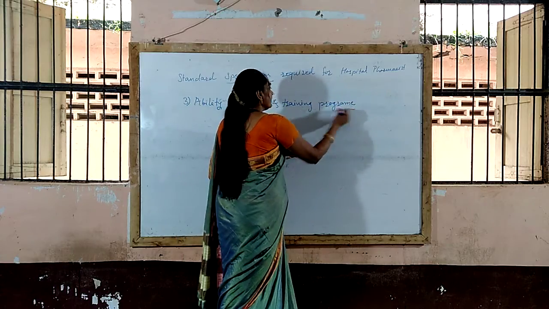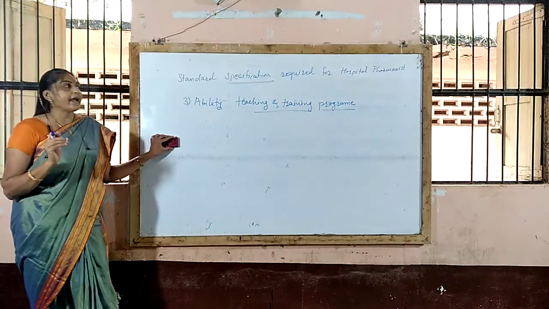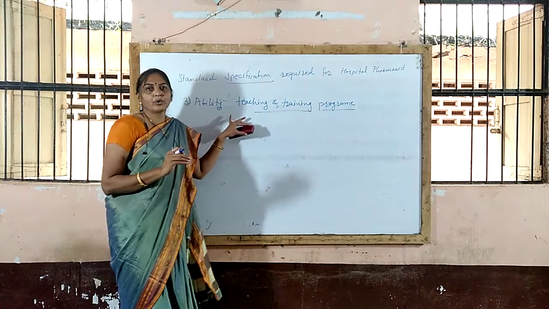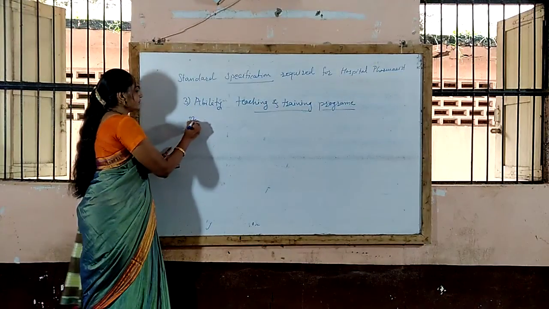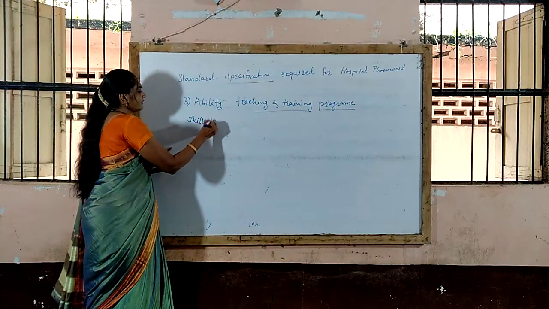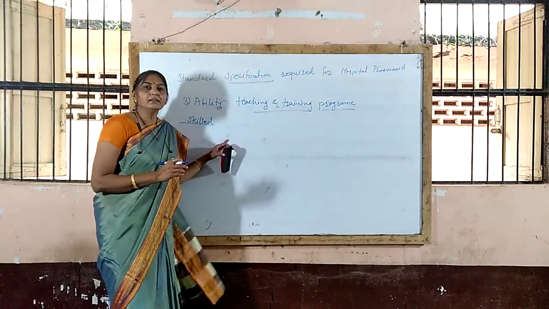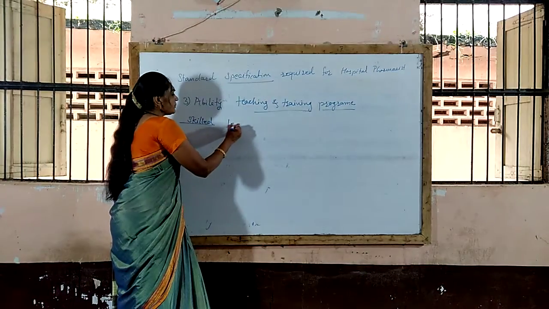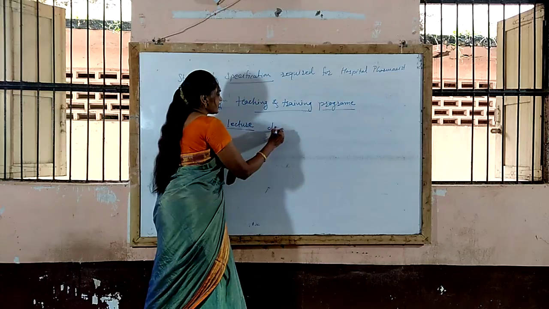To run the hospital and hospital pharmacy smoothly and effectively, teaching and training program must be carried out by a skilled person, skilled pharmacist that is present inside the hospital. He must give a lecture that has been prepared, that lecture along with the demonstration,